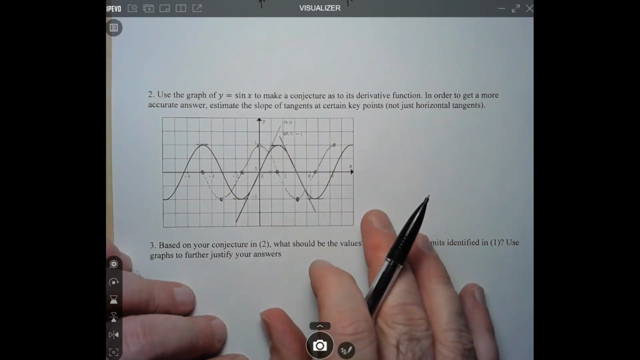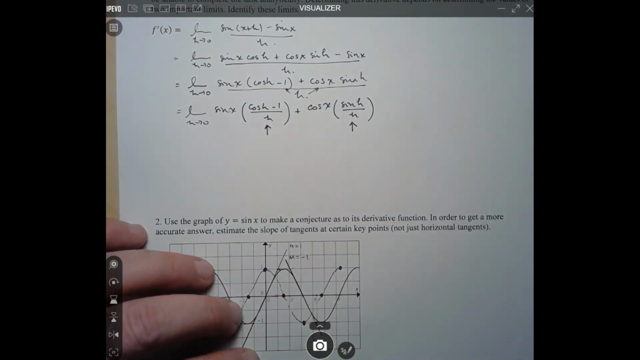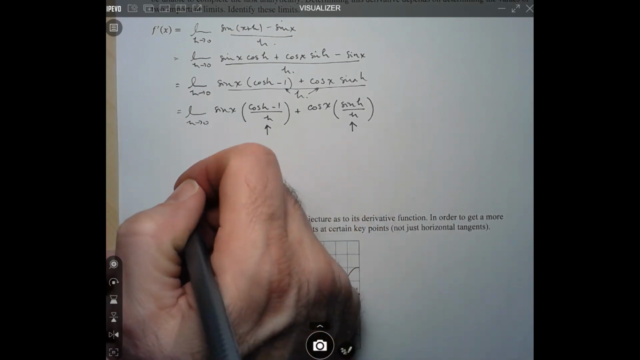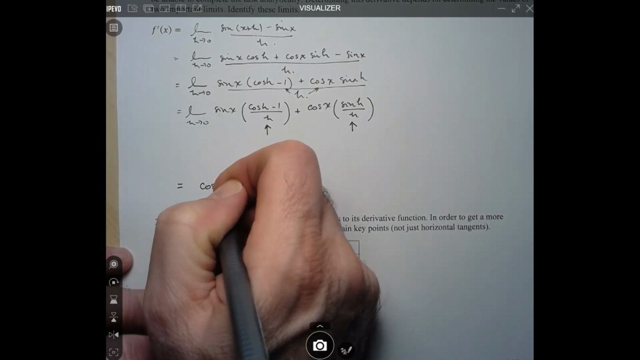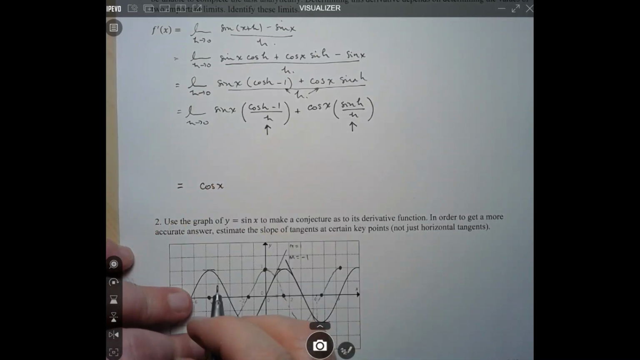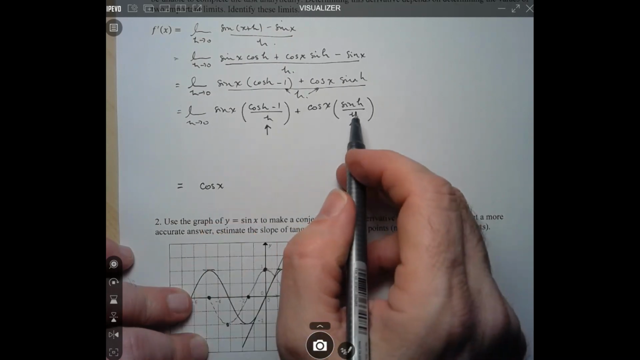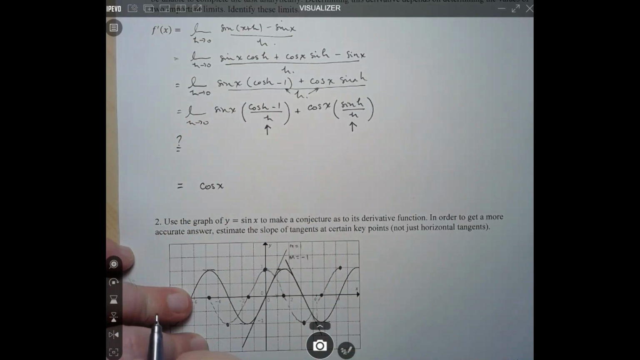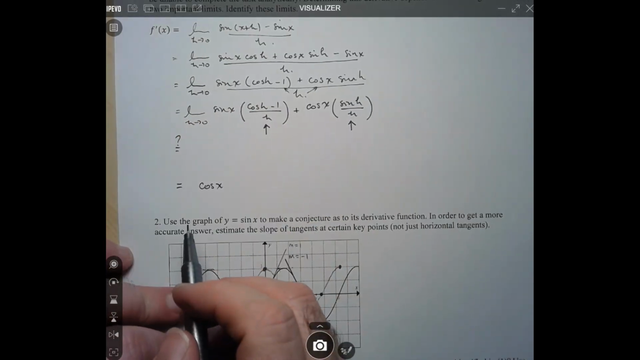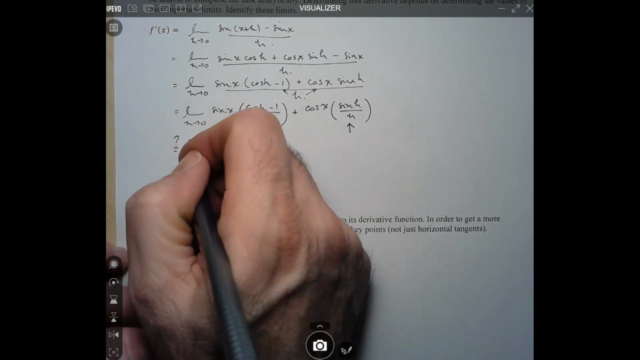So now, if we go back up to our limit definition, what does that tell us? I need the final answer to just be cos x. Okay? So if I were to split apart this limit, let's say these limits do exist. I'm going to put the question mark here. What would I do? I would